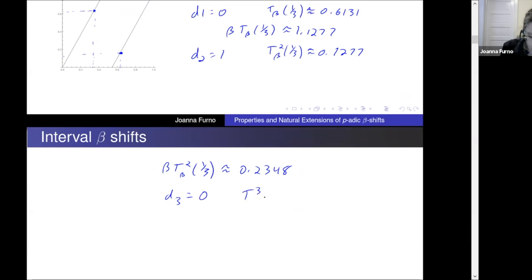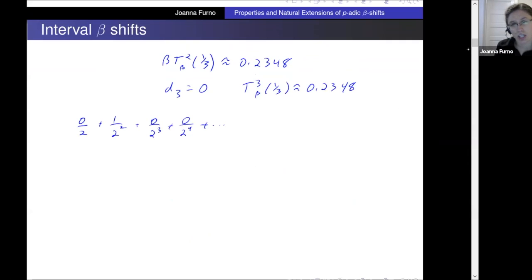And our third iterate is this number. And it keeps going. So again, we can take these digits and write this as 0 over 2 plus 1 over 2 squared plus 0 over 2 to the third. And if you get the next digit, it's actually a 0 over 2 to the fourth, and so on. And again, it's a long thing, I don't want to write out all those powers,